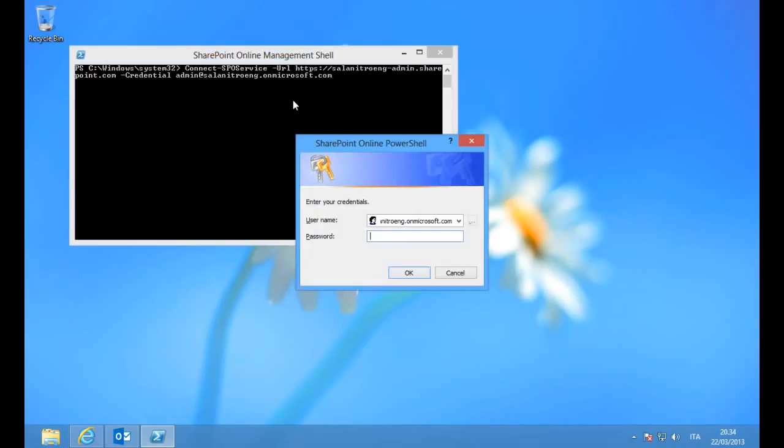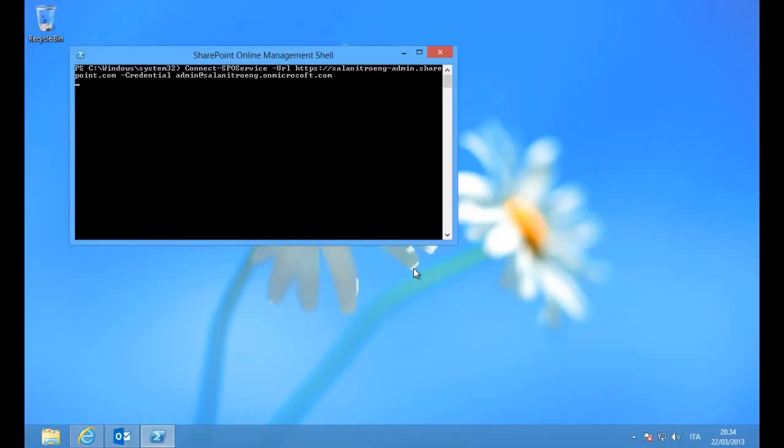In front of me, there is the login page. I just need to input the password this time, so the password from my tenant. Again, in a few seconds, we will be able to connect to the SharePoint Online service and manage it using PowerShell. Just to give you an example, I can write here